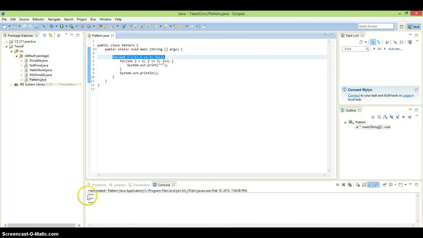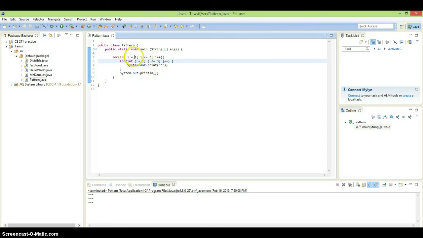The first, in row 1 we need 1 star, in row 2 we need 2 stars, and in row 3 we need 3 stars. The only way it is possible to print it out is when we use the nested for loop and we initialize j to 1, and j would be less than equal to I. So when I is 1 and j will be less than equals to 1, and 1 will be less than equals to 1, it's gonna print 1 star, and then increment j, and j will be 2. Is 2 less than equals to 1? Nope. It is gonna exit, go to the next line, and then come back to the for loop here, and